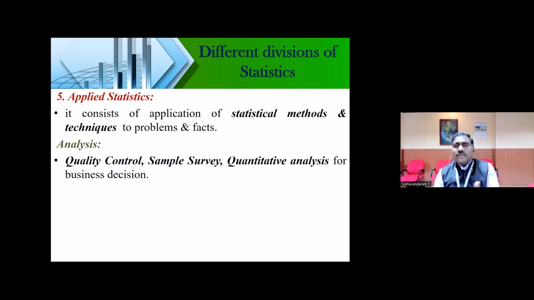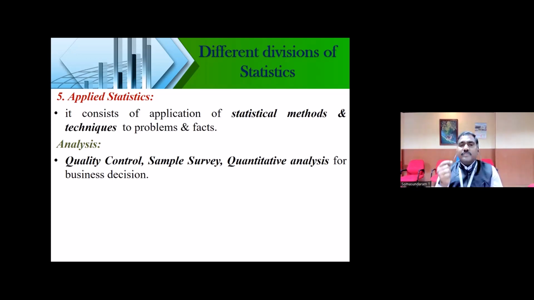Out of these 5, most probably in social science research we will be using descriptive, analytical, and inferential. That means we need to summarize the data we collected, and to prove our hypothesis we need to do a lot of significance tests: whether it is associated or not associated, related or not related, highly related or not, which variable is influencing the other variable, what is the cause and effect. All these things will be identified with the help of the significance test. Based on that, we will give an interpretation.